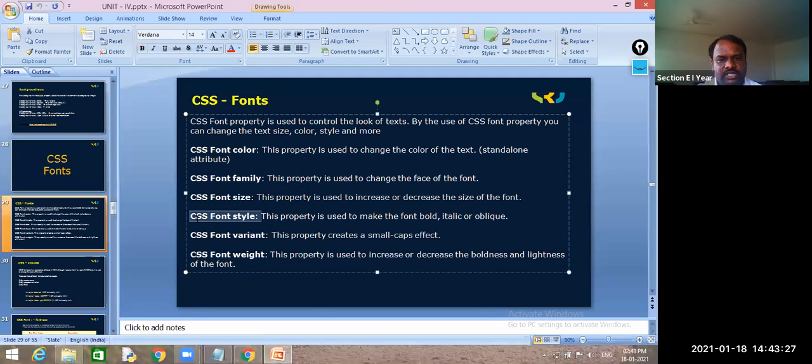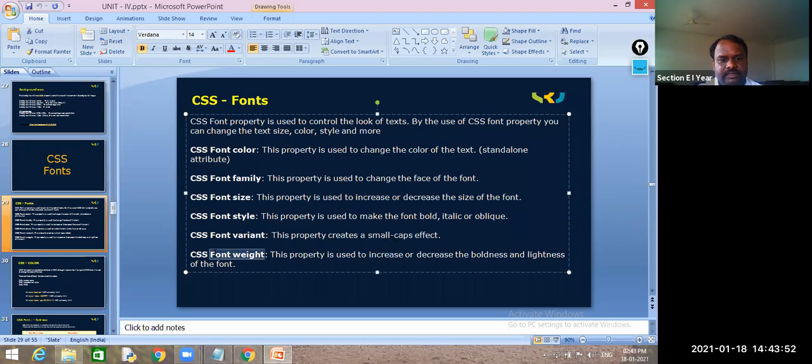Font style is for changing from bold to italic or italic to bold. You can even give oblique, which will display with italic style only. There is no difference you will find between these two. And font variant, to change all characters to uppercase letters, you assign small caps. This is the only value we will give.